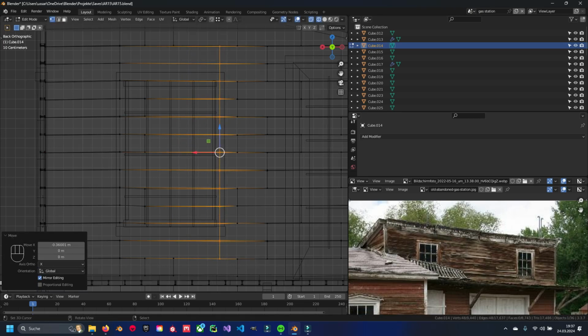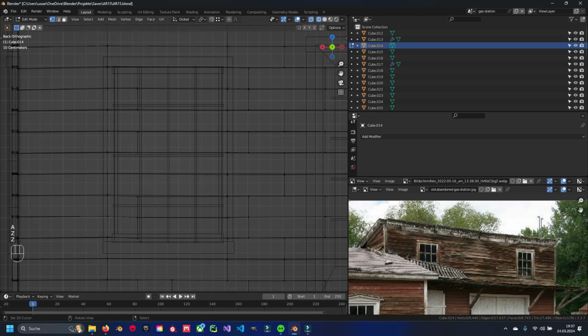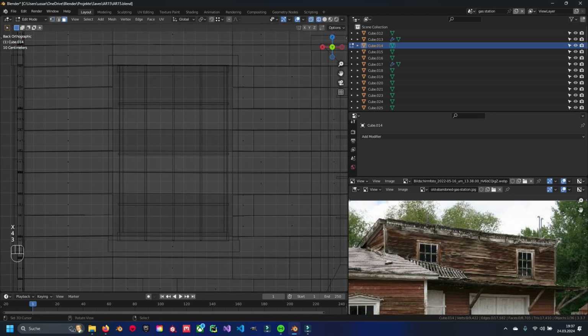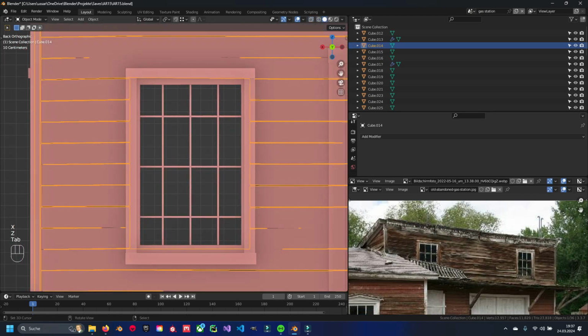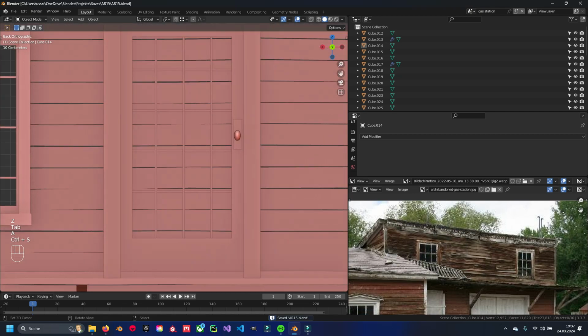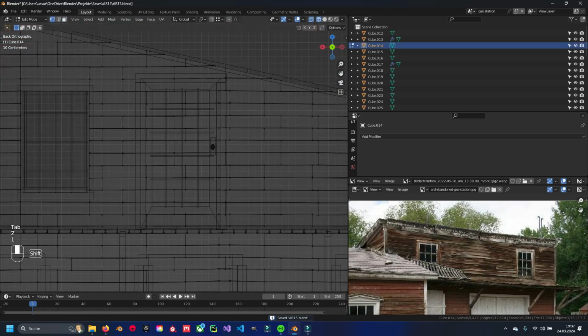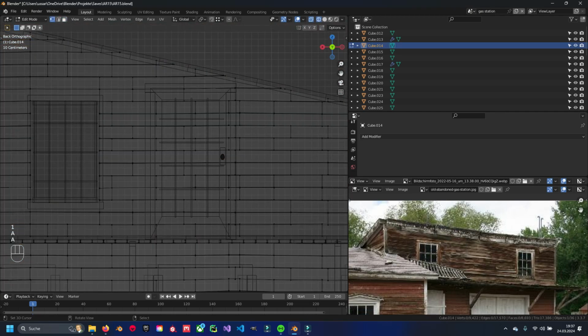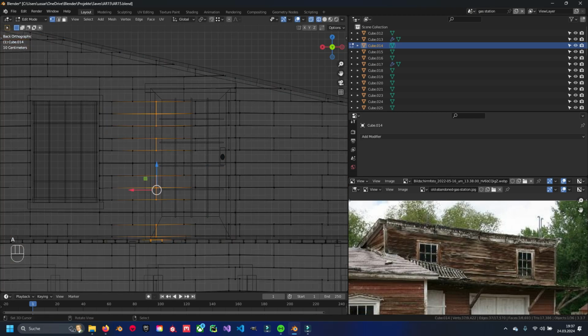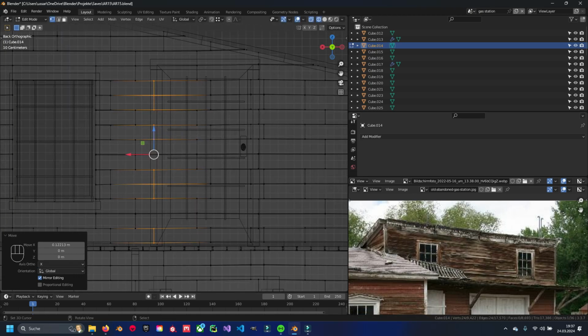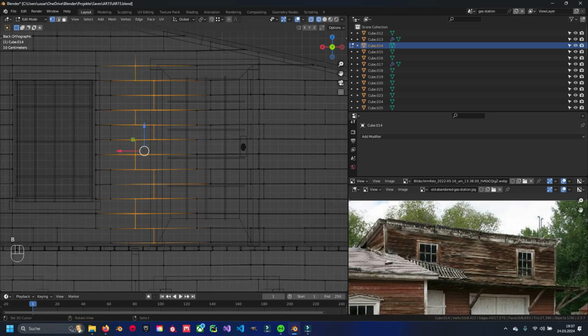Okay, we can delete this part here. So do it one thing at a time. Delete them and you're good. Same thing on the other side for the door. Let me see, this one will be maybe a little bit trickier. So we have this area and we need them to